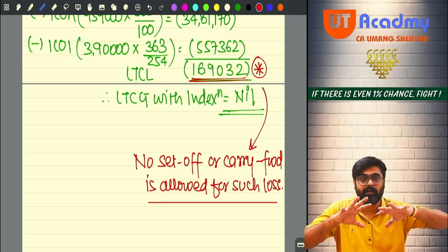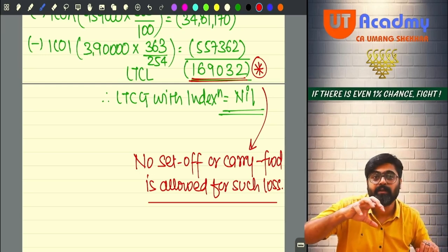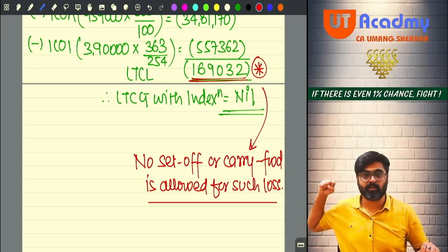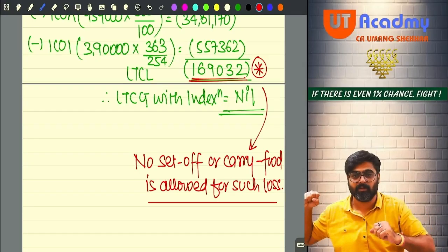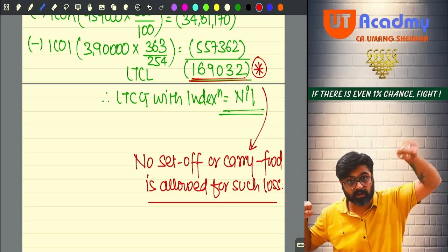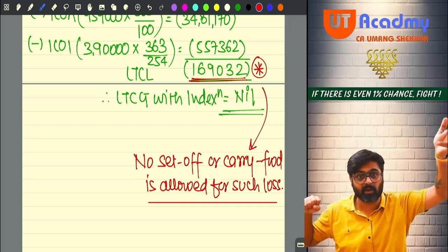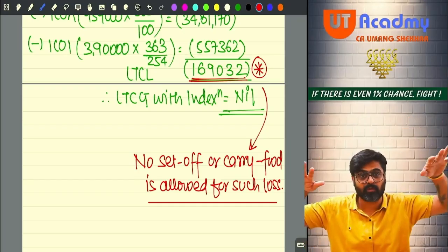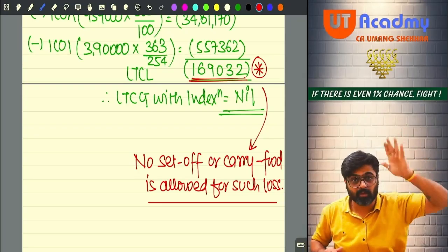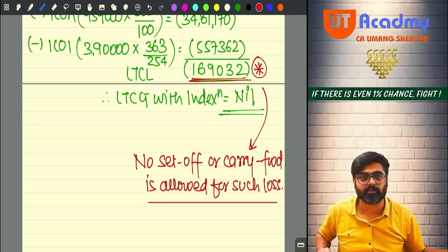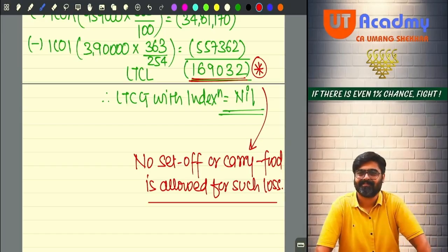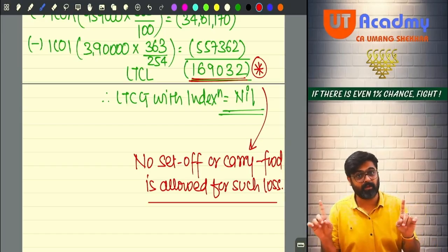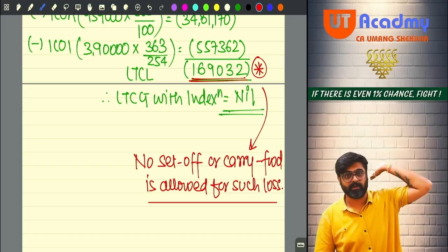So what you would have done, instead of taking the long-term gain in the computation of total income, you would have taken long-term loss in the computation. So you would have been allowed the set off from any other long-term gain. And if other long-term gain was not available, no, you were eligible to carry forward that for 8 years. Just imagine. So they said no, in the computation only capital gain without indexation.